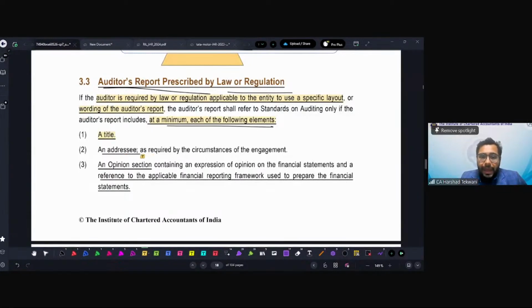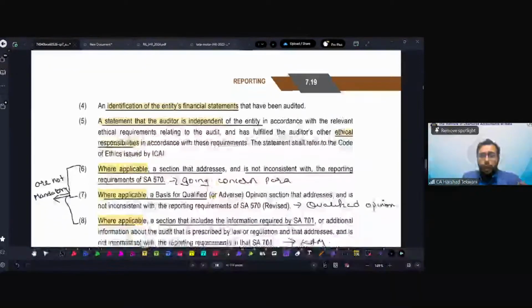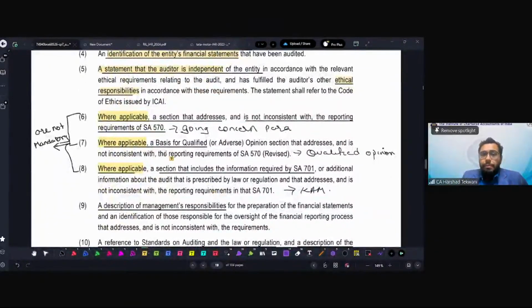You should have an opinion addressee, to whom it is being addressed. You should have an opinion section where you refer to the financial reporting framework. It could be a fair presentation framework, perfectly fine. It could be a compliance framework, but there should be an applicable financial reporting framework. Then identification of the entity's financial statements, like which are the financial statements. Again, a statement of independence of the auditor and the ethical requirements that you have followed. Going concern, if applicable,